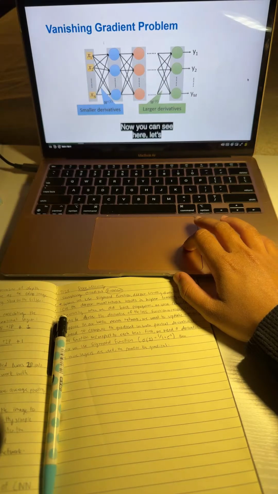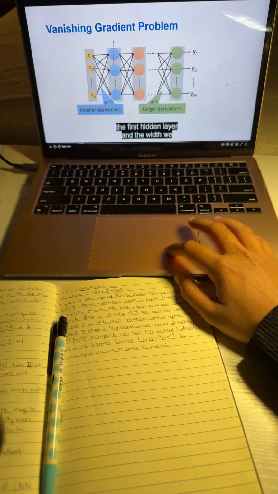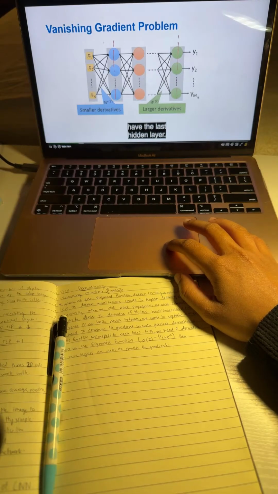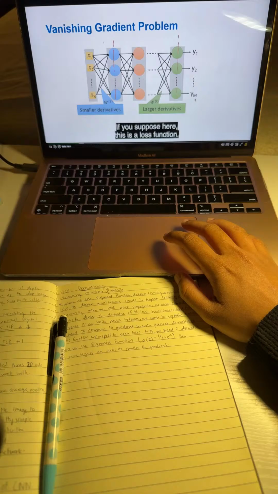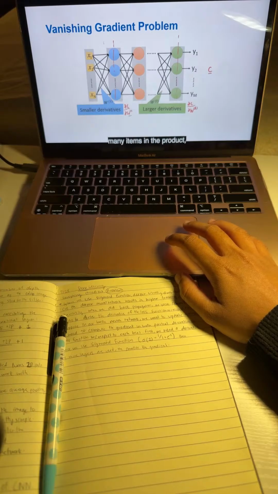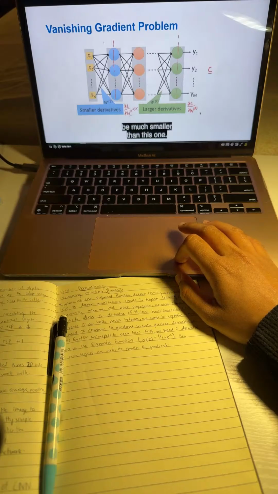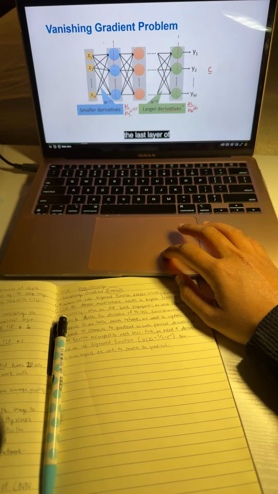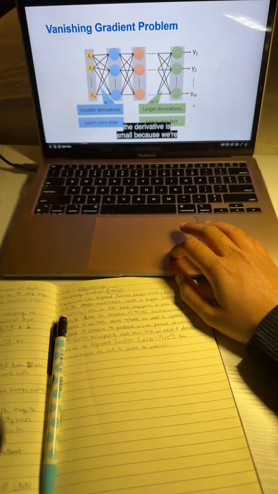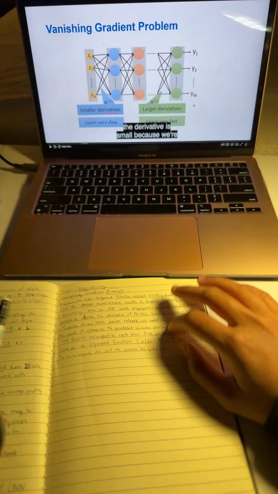So now you can see here, let's compare the weight we have in the first hidden layer and the weight we have in the last hidden layer. Suppose this is the loss function C: compare the derivative of partial C to partial W1 with partial C to the weight in the last layer. Because this one involves so many items in that product, it will definitely be much smaller than the derivative for the weight in the last layer. Okay, so now if the derivative is small,